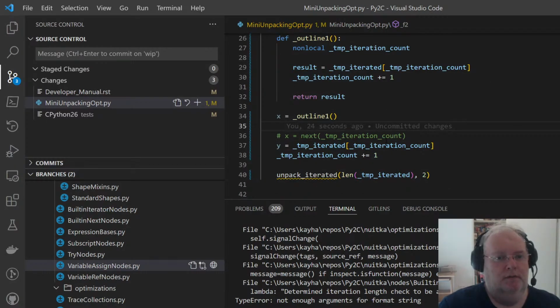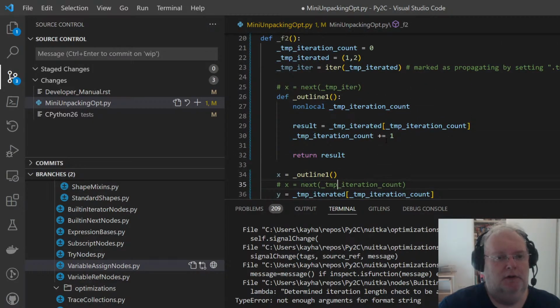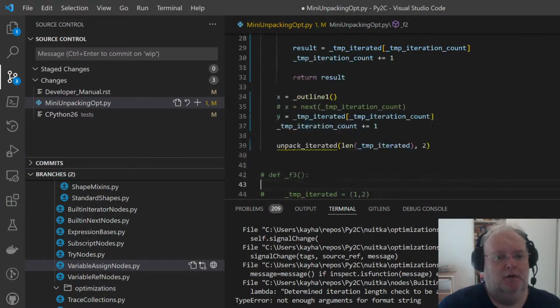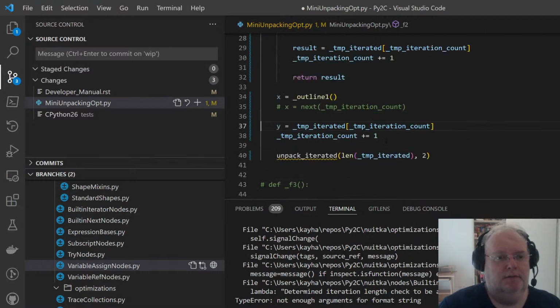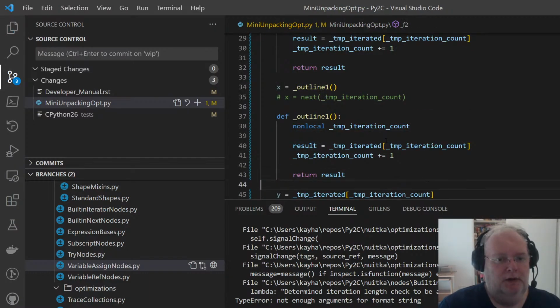So I'm not going to repeat it now for the second element, or am I? It's actually the same, isn't it? It's the same outline. Yeah, that's a pity. They do not get reused. I could make a helper function, then it would get reused, but then it's not inlined and not optimized.